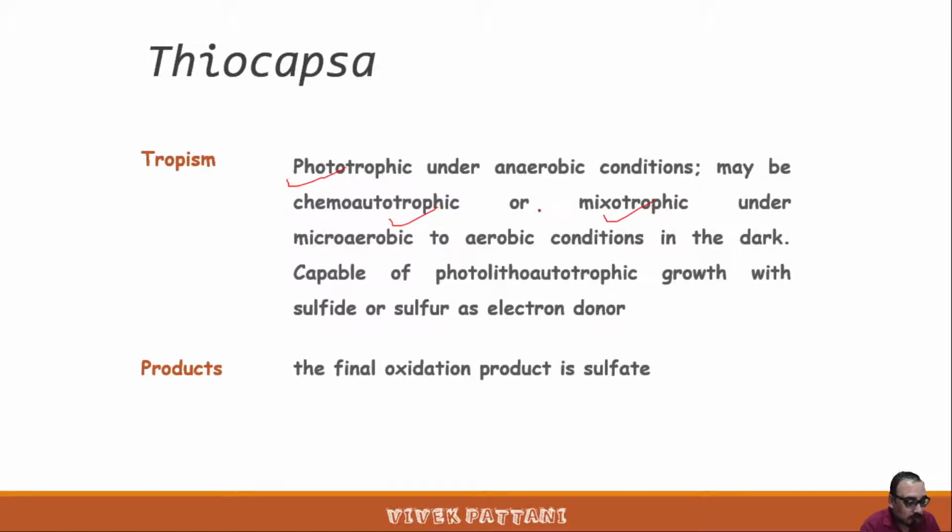Mixotrophic are those organisms which use both autotrophy and heterotrophy, along with phototrophy. Under microaerobic to aerobic conditions in the dark, they are capable of photolithoautotrophy also, with sulfide or sulfur as electron donors, and the final oxidation product is